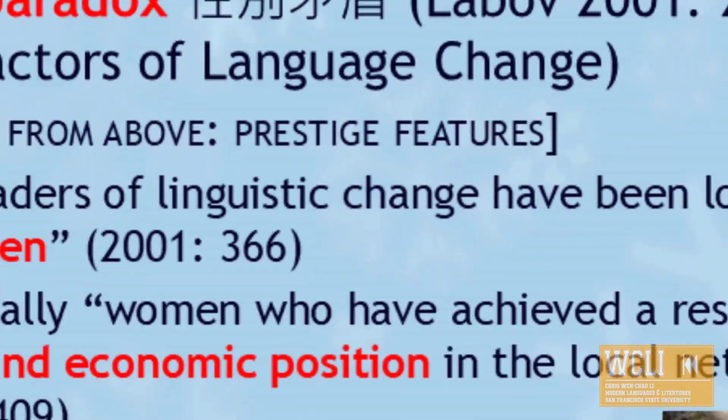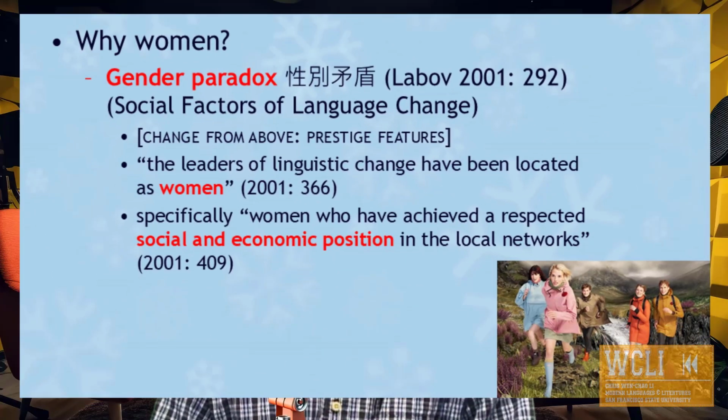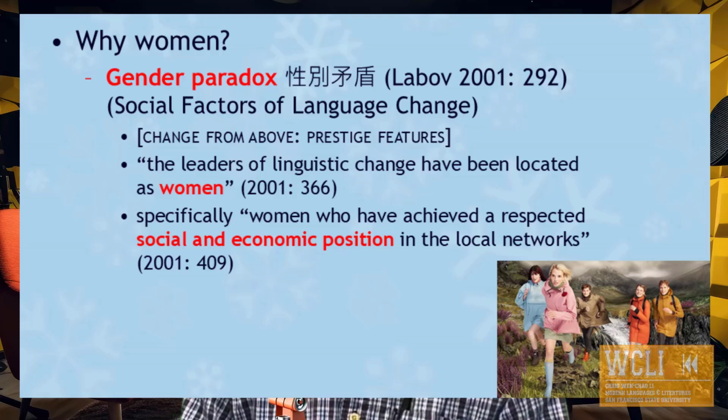why women? And this can be explained using Labov's gender paradox. In his book on the social factors of language change, sociolinguist William Labov explains that the leaders of linguistic change have always been women. And more specifically, the women who lead this change are women who have achieved a respected social and economic position in the local networks. So then, are Chinese American women women who have achieved a respected social and economic position